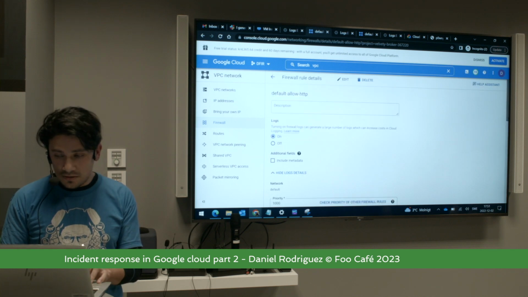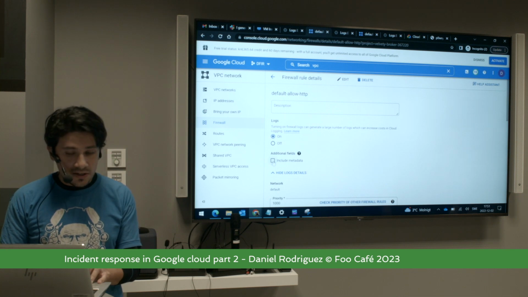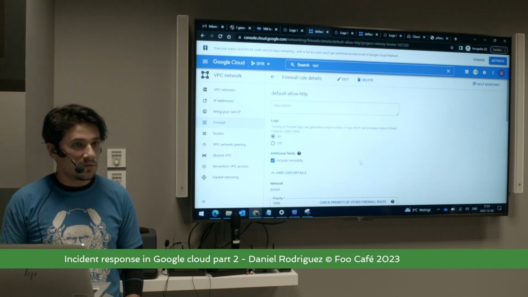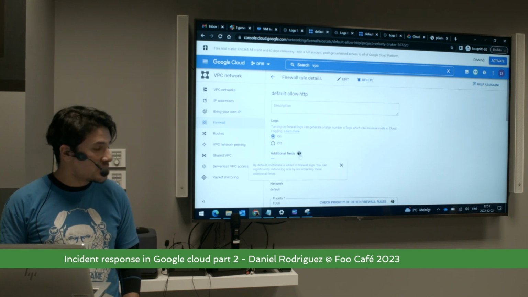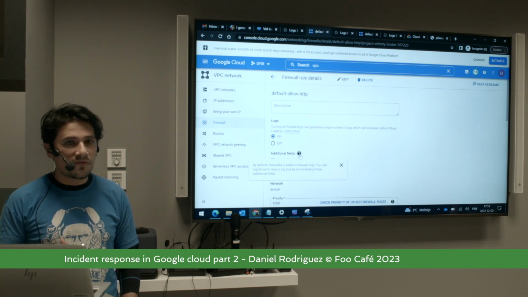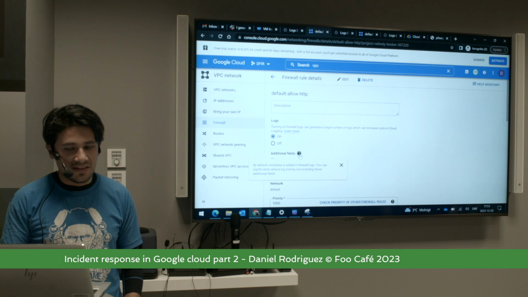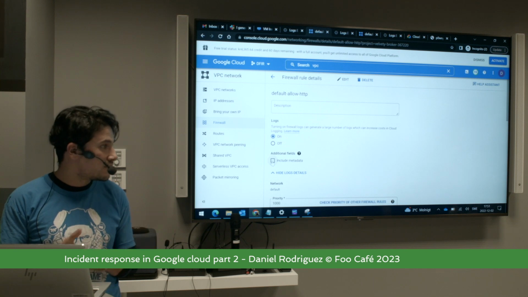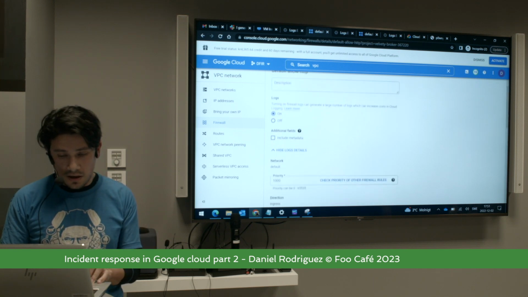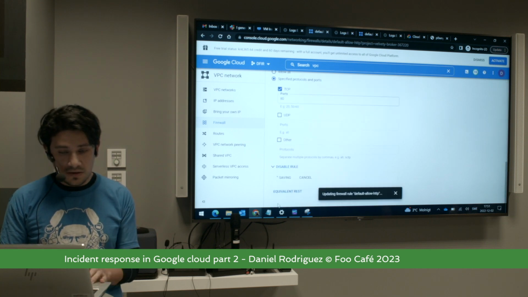And something important is, when we enable these logs for the first time, this option is enabled as well. And there's important information here. So this metadata is valuable for investigation, but it will increase the cost because we will store more data. Sometimes we don't need that metadata. So in my investigations, I just remove this field. And we can just select here, save this thing,